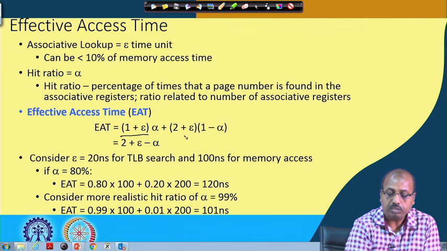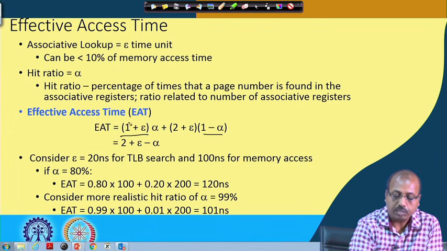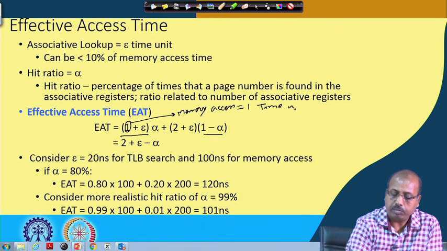If it is not found, then the ratio is 1 minus alpha. This 1 is basically for memory access. If the memory access time is taken to be 1 time unit,